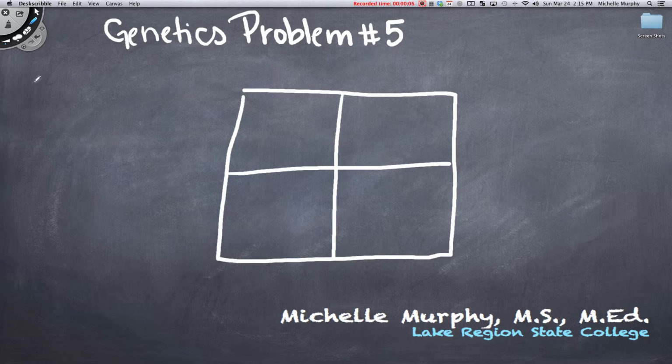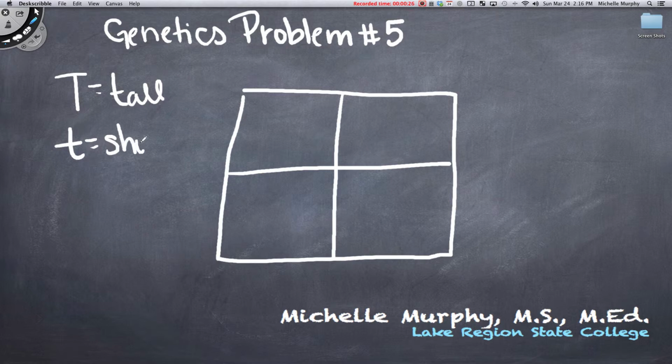Genetics problem number 5 says, in peas, tall plants are dominant to short plants. Fill in a Punnett square and give the genotypic and phenotypic ratios of a cross between a homozygous dominant tall plant and a homozygous recessive short plant. Okay, so tall plants are dominant,